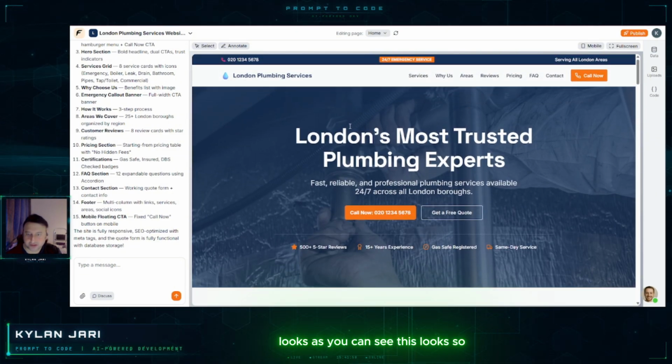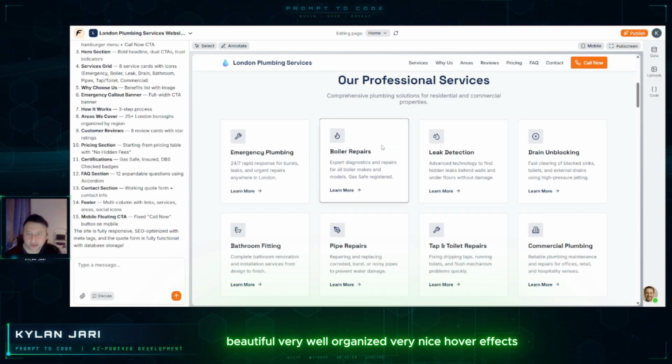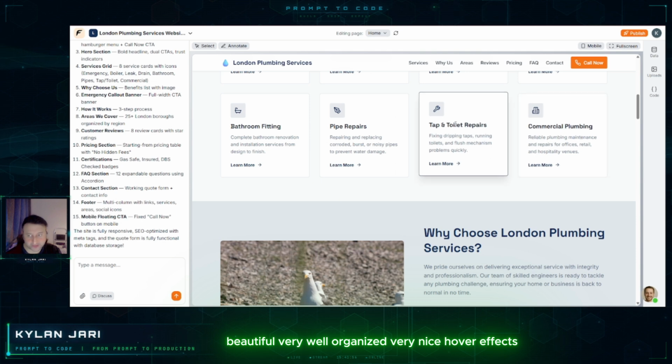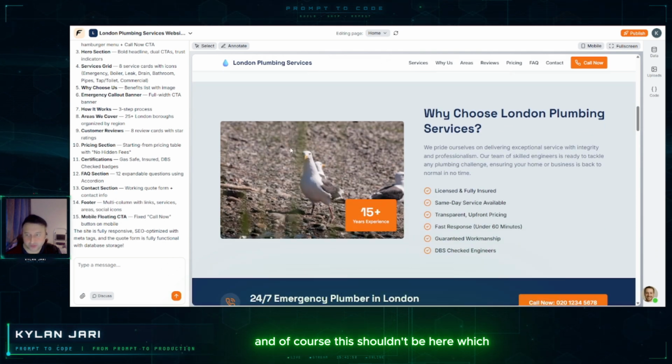As you can see, this looks so beautiful, very well organized, very nice hover effects. And of course this shouldn't be here, which is not a problem. As we discussed, we asked Flute to use dummy placeholder images, and then we can always come back and change them later. So this is not a big issue, as long as we have a placeholder image, we can see how the design looks.